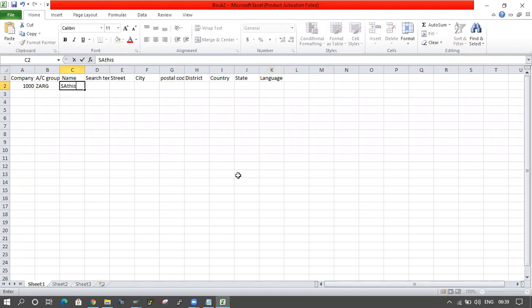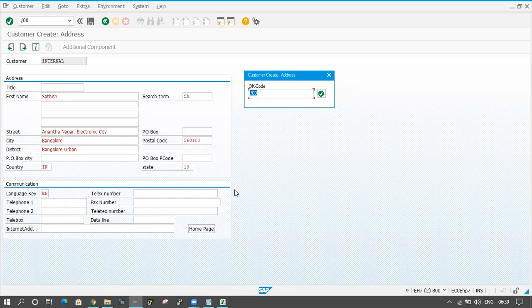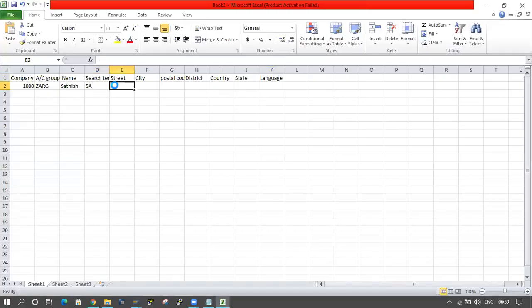Name is Satish. City is Bangalore. Country is India.